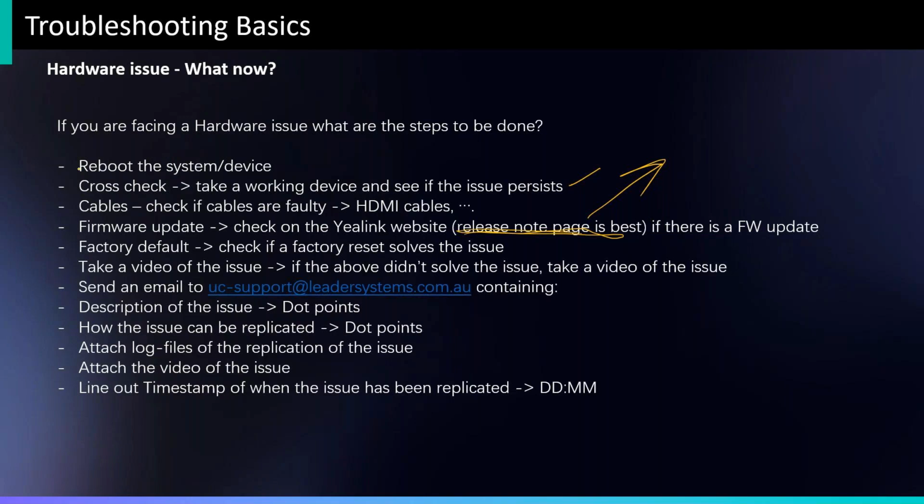Then, if all that above doesn't work, take a video of the issue. Yealink will ask you for a video to prove what the issue is. It's also for us much, much easier to understand what the issue is, and it's much faster with a video to troubleshoot, to address the right thing. Then send an email to us to